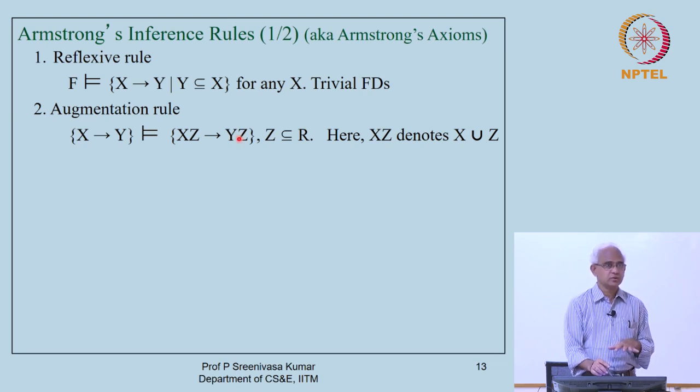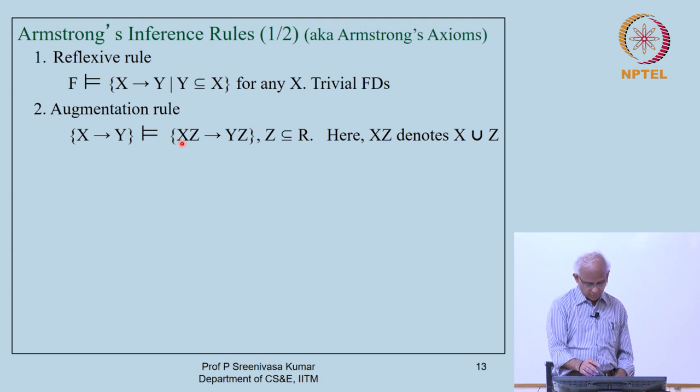If you have any questions, please pause me, because I am using a little bit of new terms here. By now, I think you are comfortable with the term two tuples agree on attributes. That means they have the same corresponding values on the attributes. So, if they agree on XZ attributes, they will agree on YZ attributes, given that X determines Y. That is called the augmentation rule.